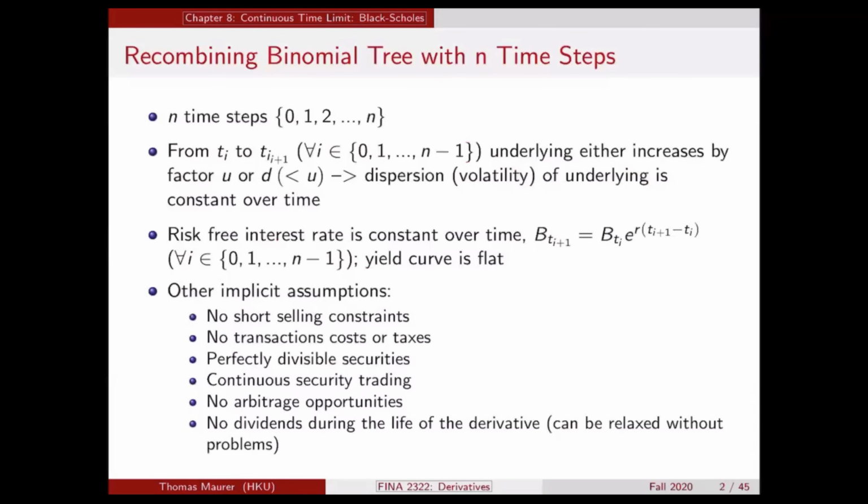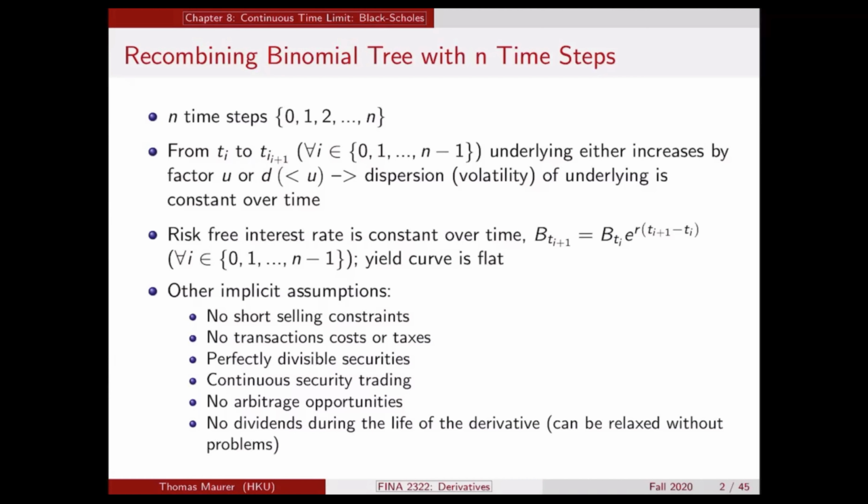So let's look again at our assumptions. We're looking here at the recombining binomial tree. Recombining means that if you move up in the tree and then down, you're going to end up exactly at the same place as if you move down in the tree and then up. And so we look at a tree with n time steps. That's small n over here, and each time step is always from some point t_i to t_{i+1}. The idea will be eventually that n goes to infinity, or that the time step between t_i and t_{i+1}